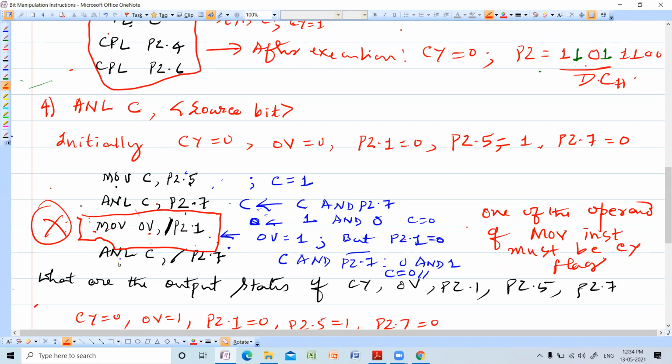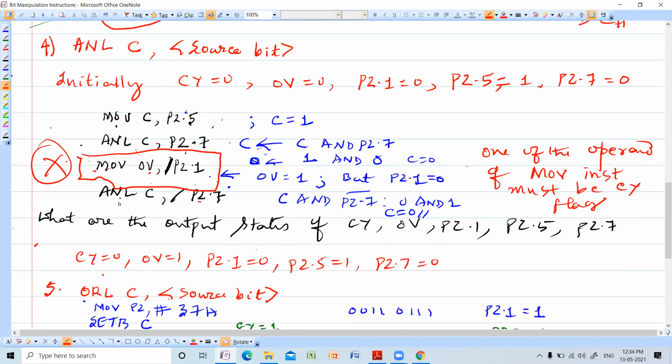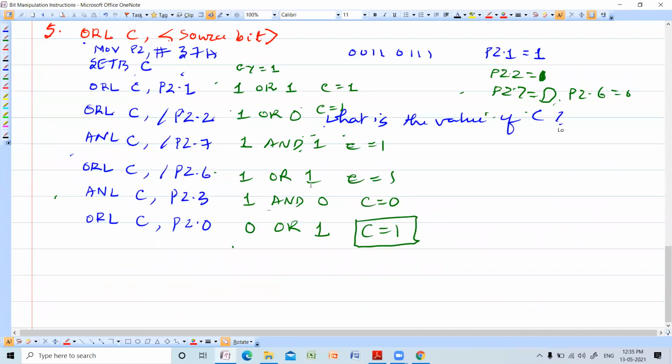Hence, with the overflow flag, that particular instruction will never work. So this is a wrong point, and this also will be wrong. If that instruction is not there, the overflow flag would remain 0 only, because you cannot use that instruction. That is why first we have to learn by making mistakes. That is the principle always.